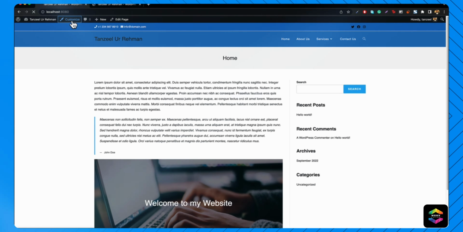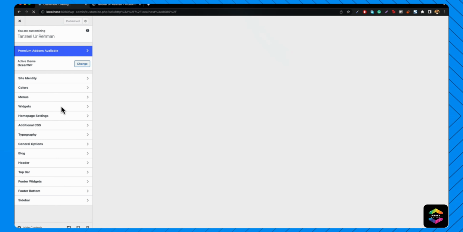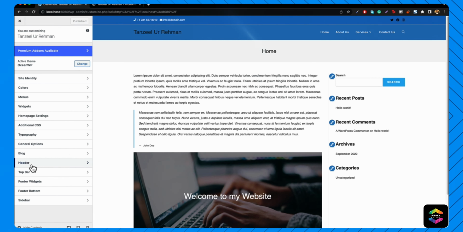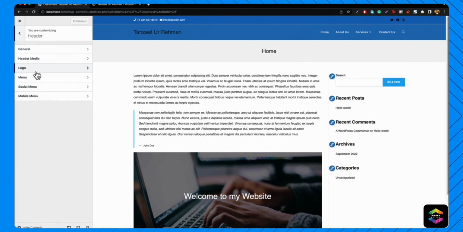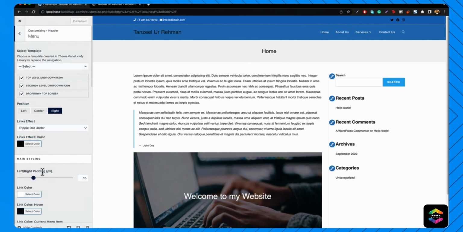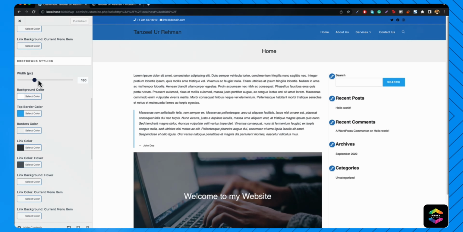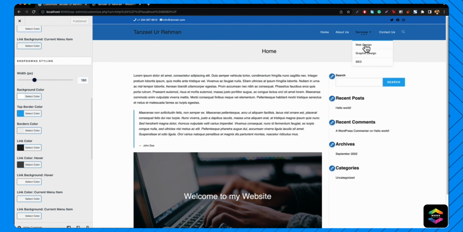Let's just go ahead and click on customize. And now once we are in here, what we need to do is go into the header, and now we need to go into the menu over here, and inside the menu, now we need to go down, and we've got the drop down styling. This is actually the drop down, right? So now what we will be doing is working with